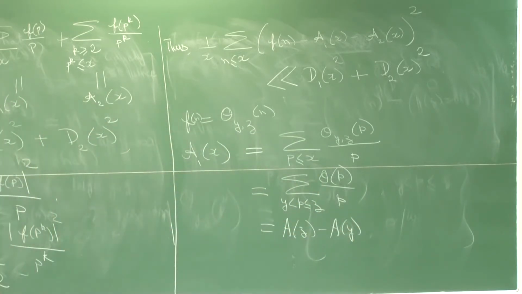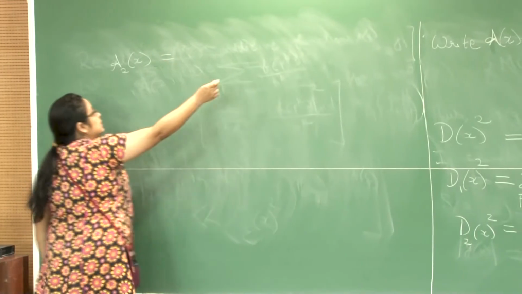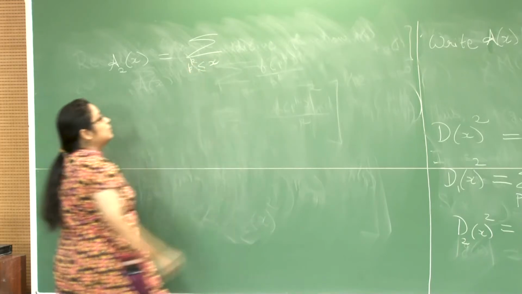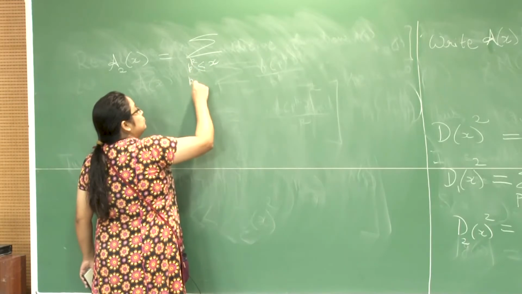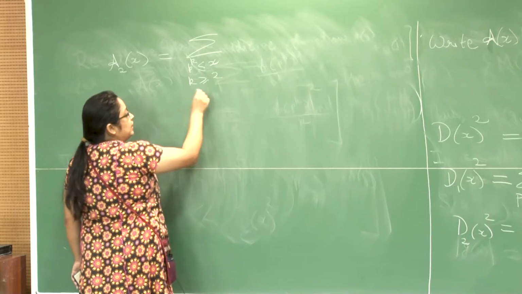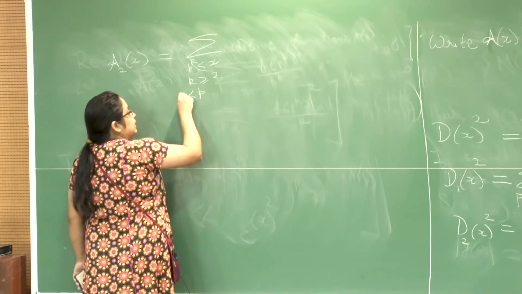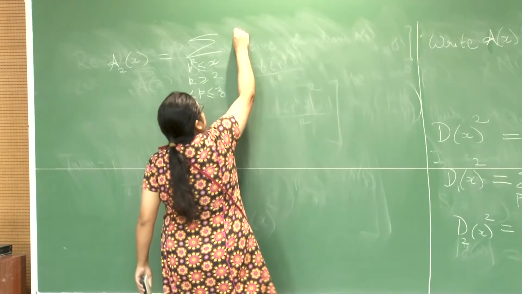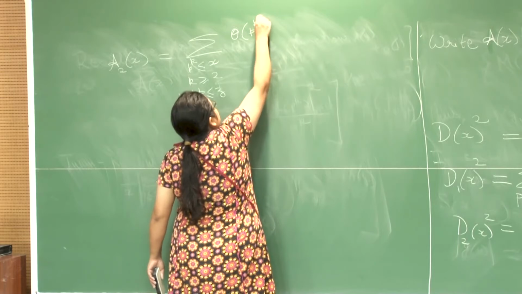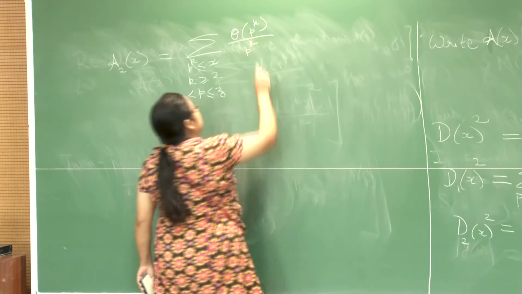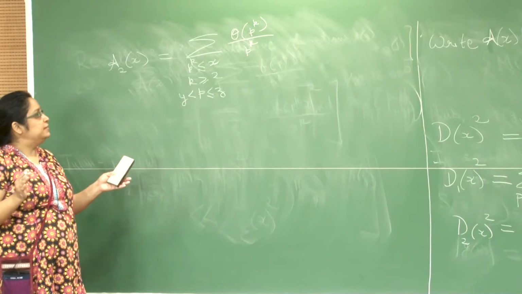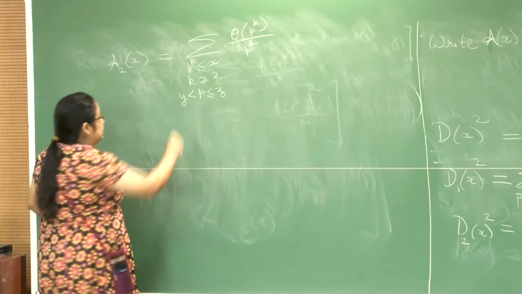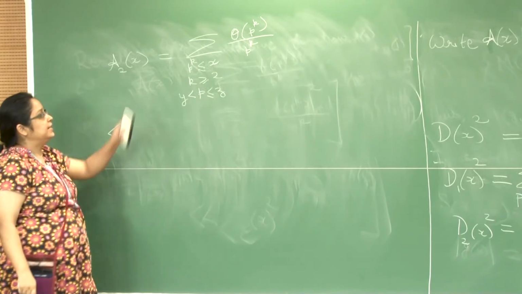What about a2 of x? This is the sum over all the prime powers up to x where k is at least 2, and your prime lies between y and z, and then you have theta of p raised to the k over p raised to the k. Now, theta of p raised to the k lies between 0 and 2 pi. It is bounded above by some absolute positive constant. So, this thing a2 of x is certainly less than